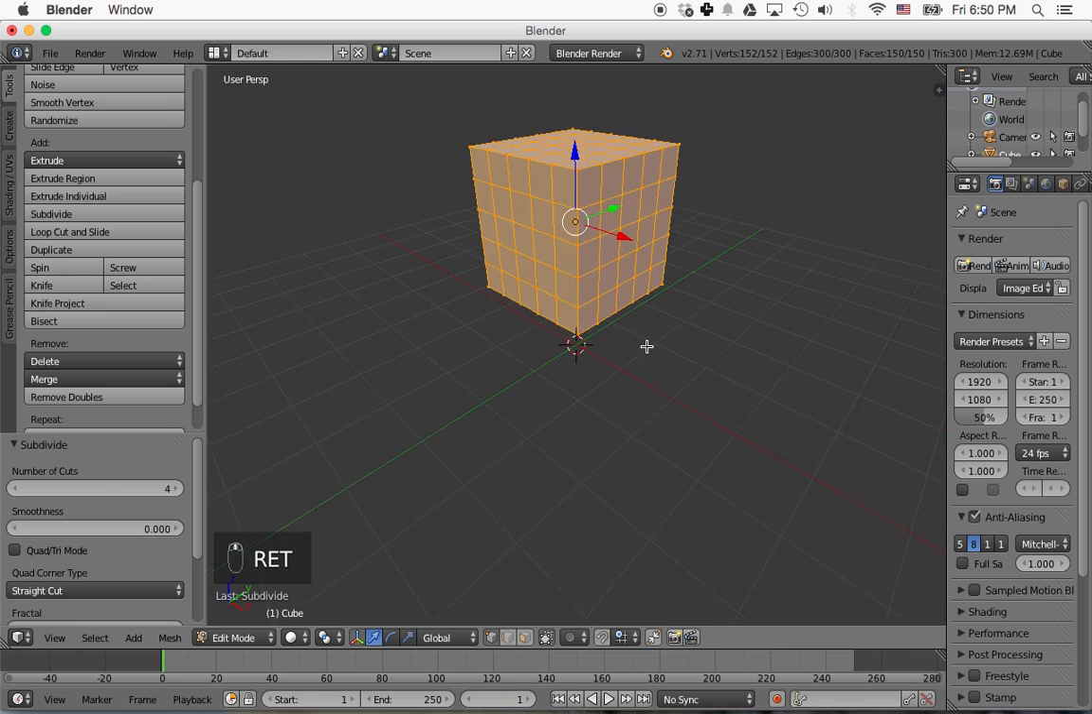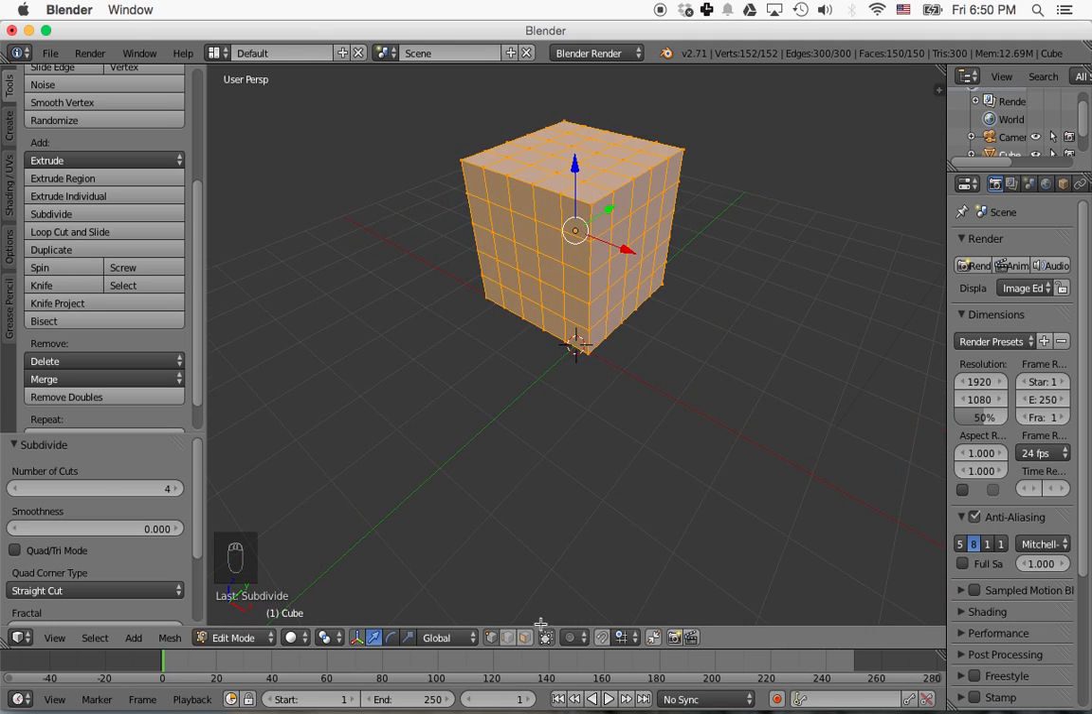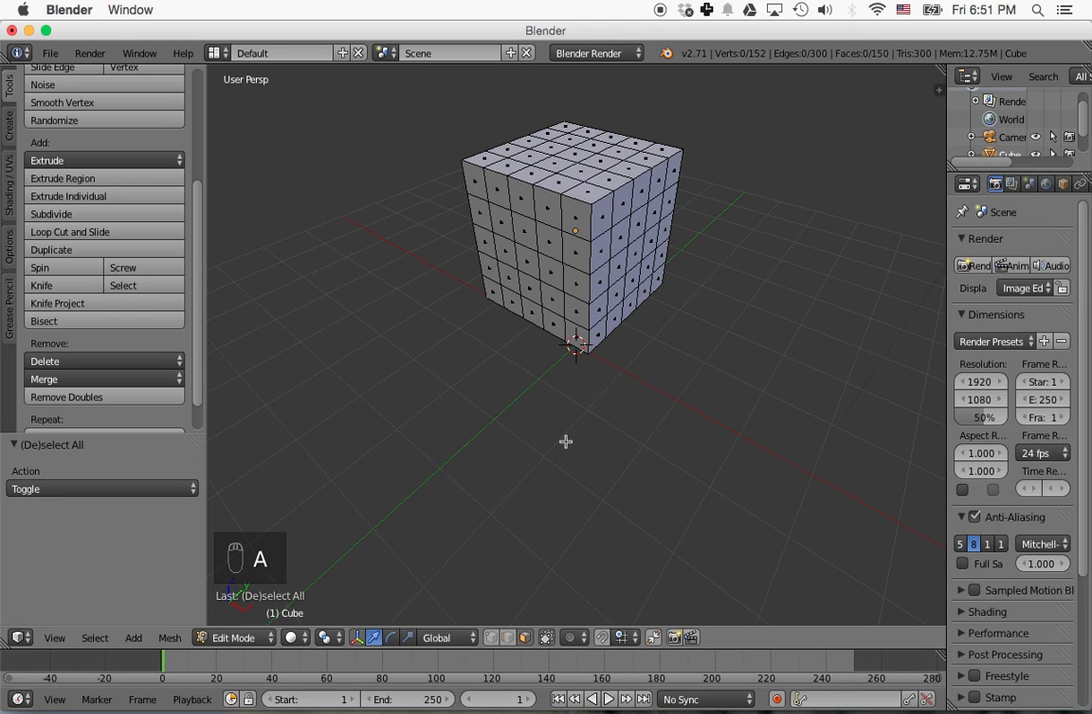Okay, now what we're going to do is go down here and select face select, and I'll press A to deselect the whole thing, and basically we're going to select the numbers on each side of the cube now. So we can start with the 1 here and put 2 here and 3 here like this, and